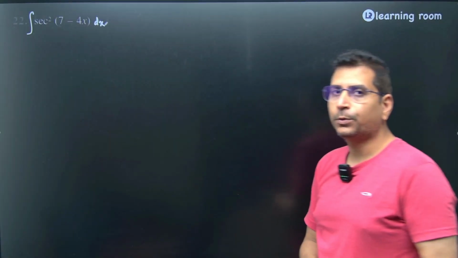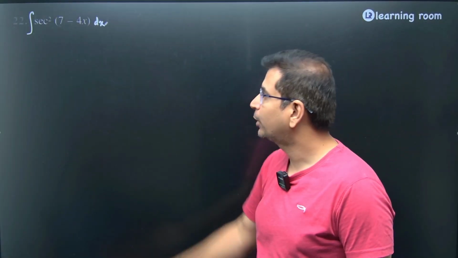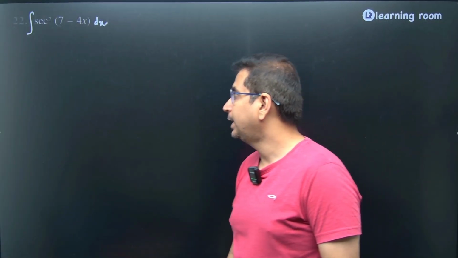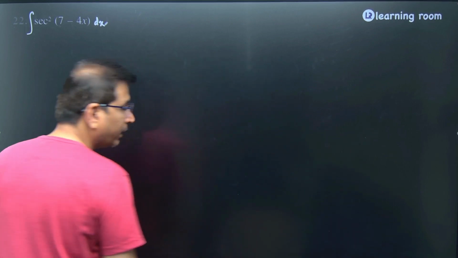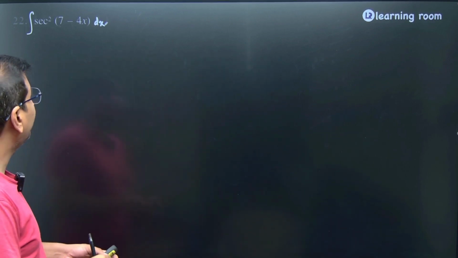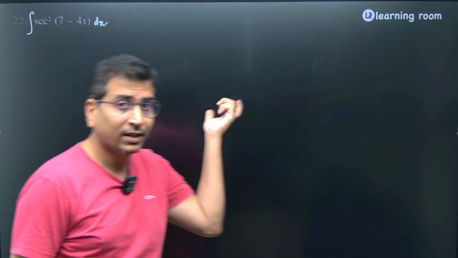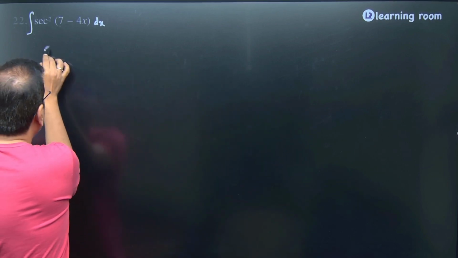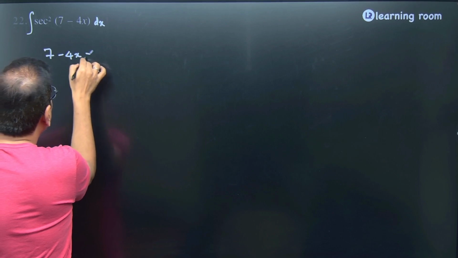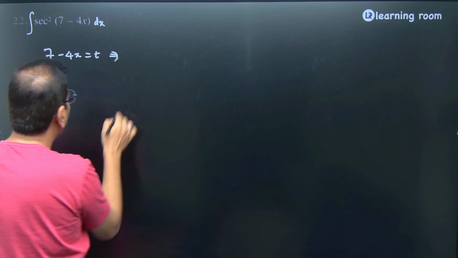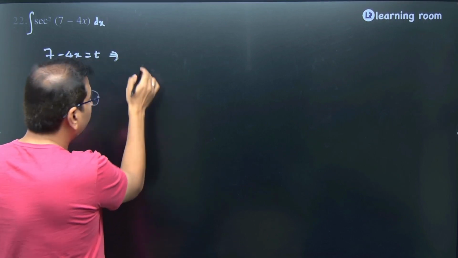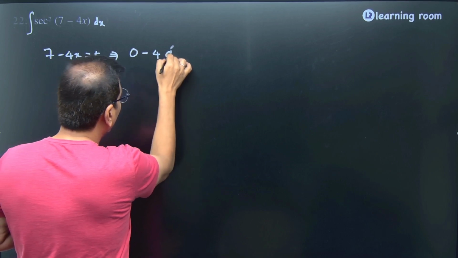Now the 22nd question is integral of secant square of 7 minus 4x times dx. So we know the integral of secant square is tan, but here you don't have x inside, rather you have 7 minus 4x inside the secant square. So you need to substitute 7 minus 4x as t, that implies differentiating on both sides, 0 minus 4 times